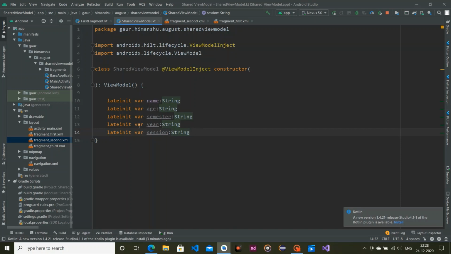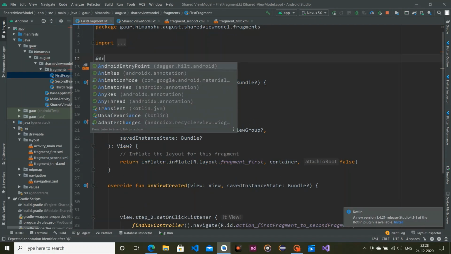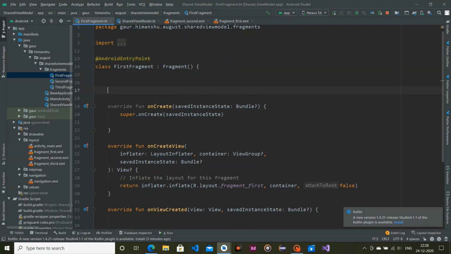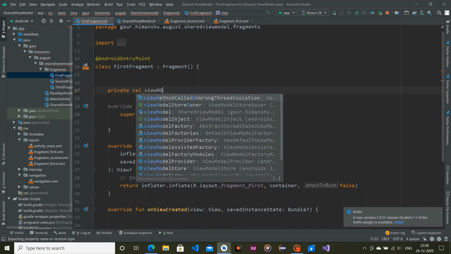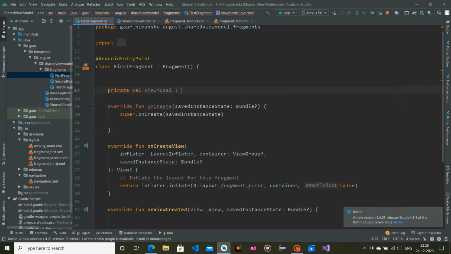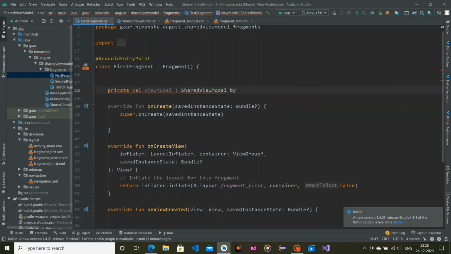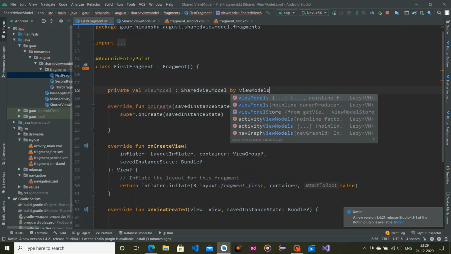So now what I need to do, go to our first fragment, and I'm using @AndroidEntryPoint so that we can inject our view model here. So I'm using private val viewModel, which is of type SharedViewModel, and I'm going to use the delegate function by viewModels.